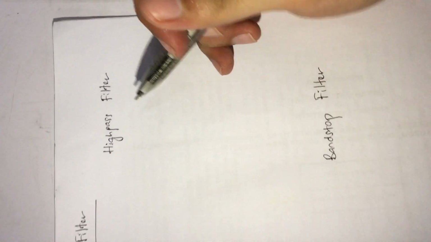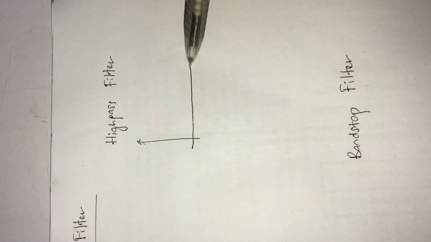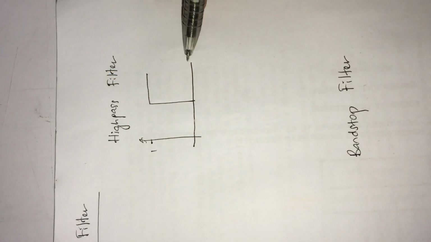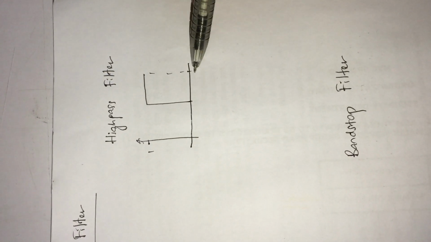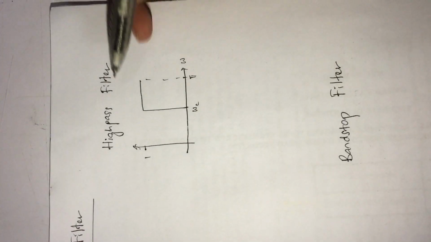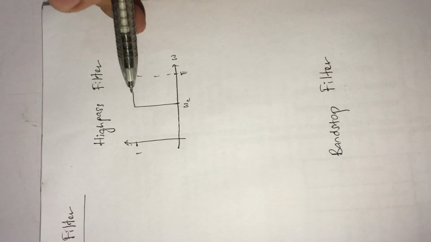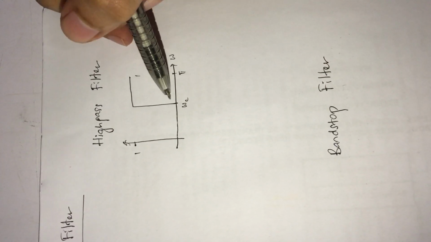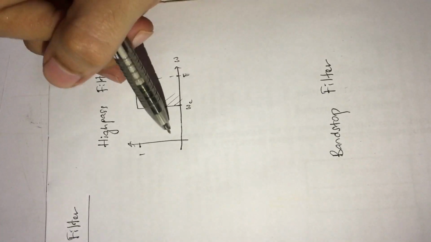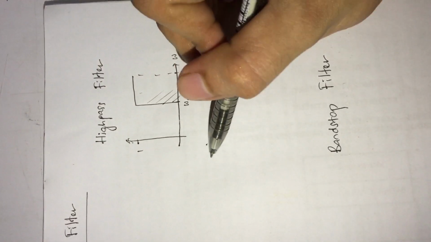Second, we talk about the high pass filter, and the graph is like this. The high pass filter is actually the opposite of the low pass filter. It allows frequencies higher than the cutoff frequency to pass through, which is this region, and lower than that will be filtered out. So the equation is